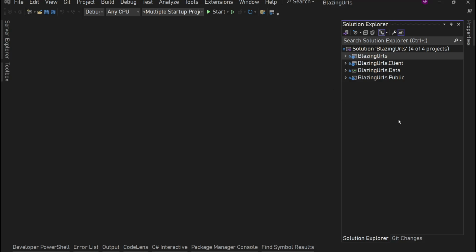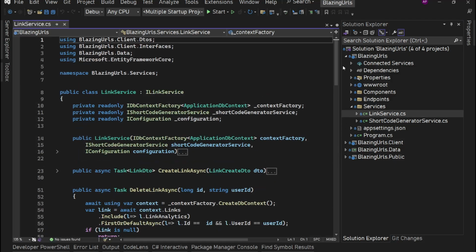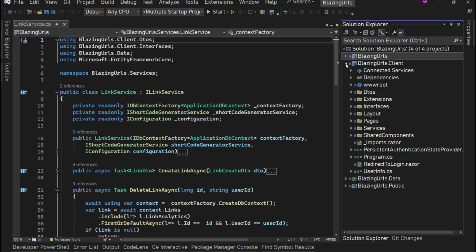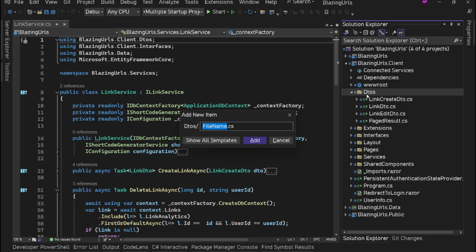Alright, so for the link details page, that single link detail page, first we need our service. So we'll go to the BlazingUrls link service, and before the service let's go create a DTO for this. So we'll go to the client project DTOs, and in here we'll create a new DTO. Let's say LinkDetailsDto.cs,